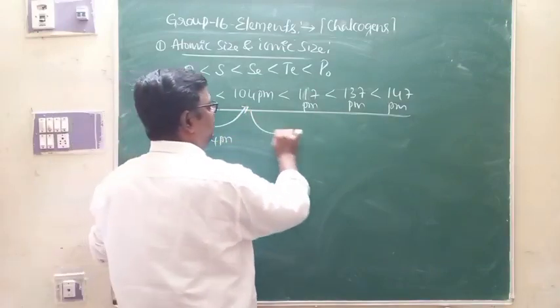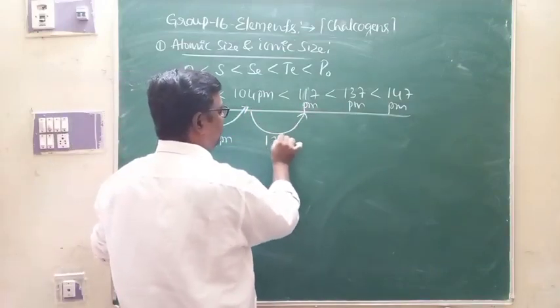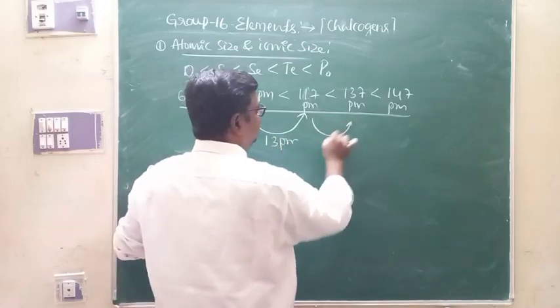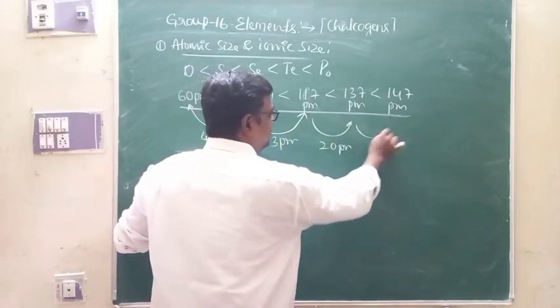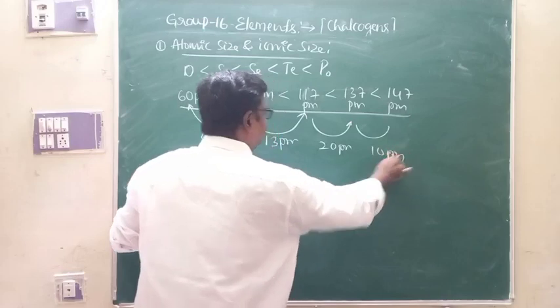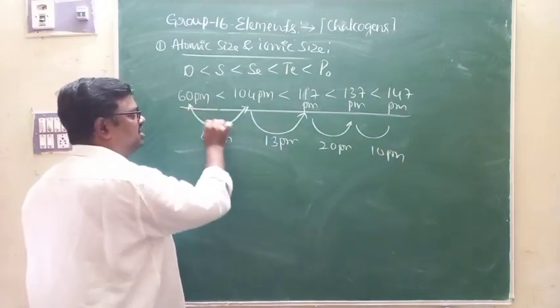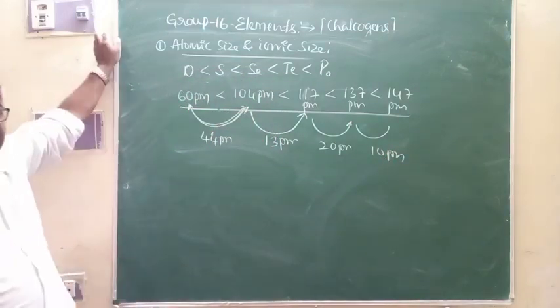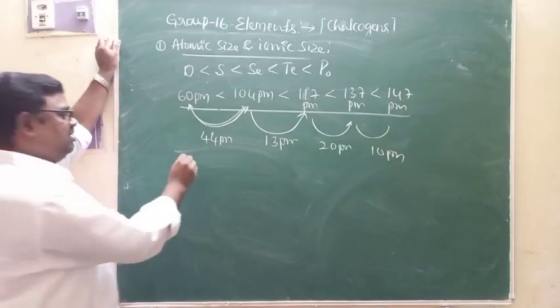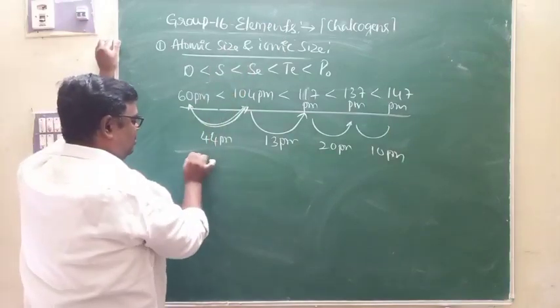Look here, from here to here the increase is around 13 pm. From here to here the increase is around 20 pm. From here to here the increase is around 10 pm. But here, from oxygen to sulfur, the increase in atomic size is very high because of the strong